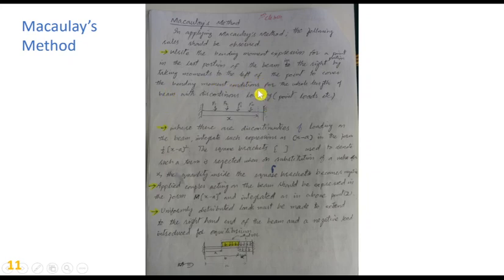So if this is the beam, we will take the last section and we consider all of the left side of this section. We will take this section at the right, and take everything on the left into account. By taking moments to the left of the point, we cover the bending moment condition for the whole length of the beam. So this will cover the whole length from here to here, x varying from 0 to L.